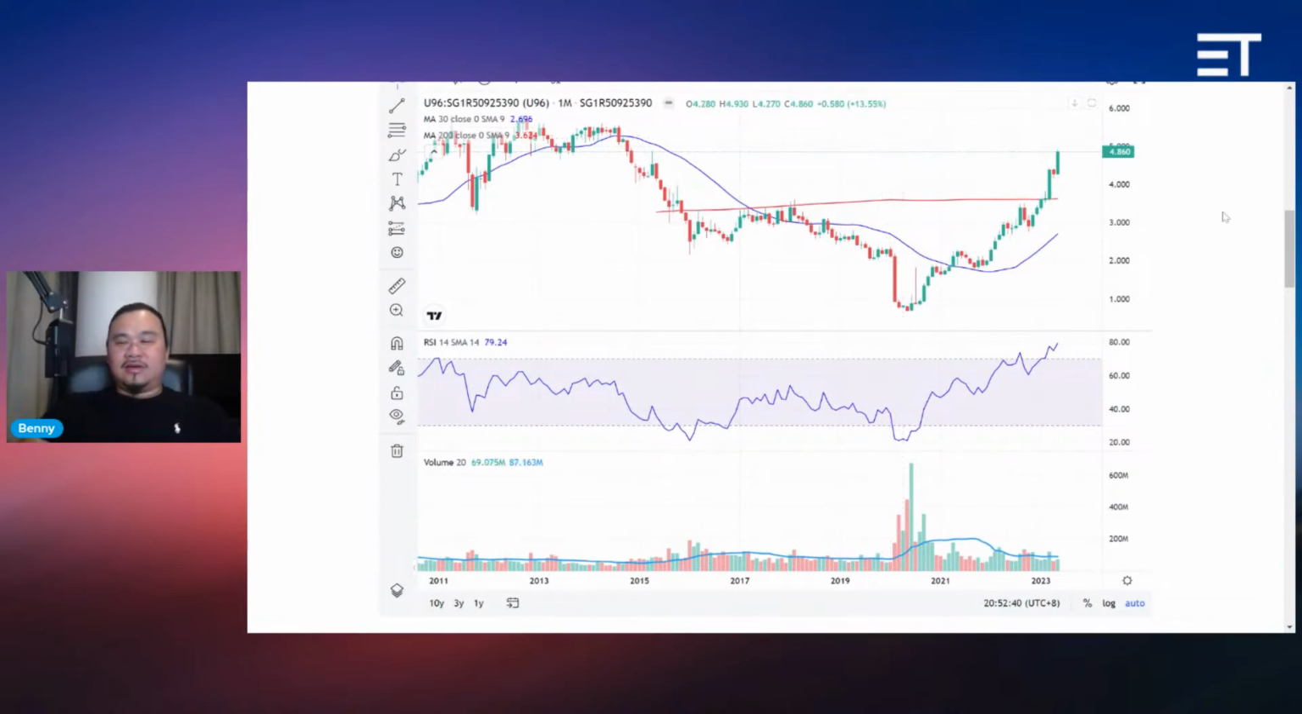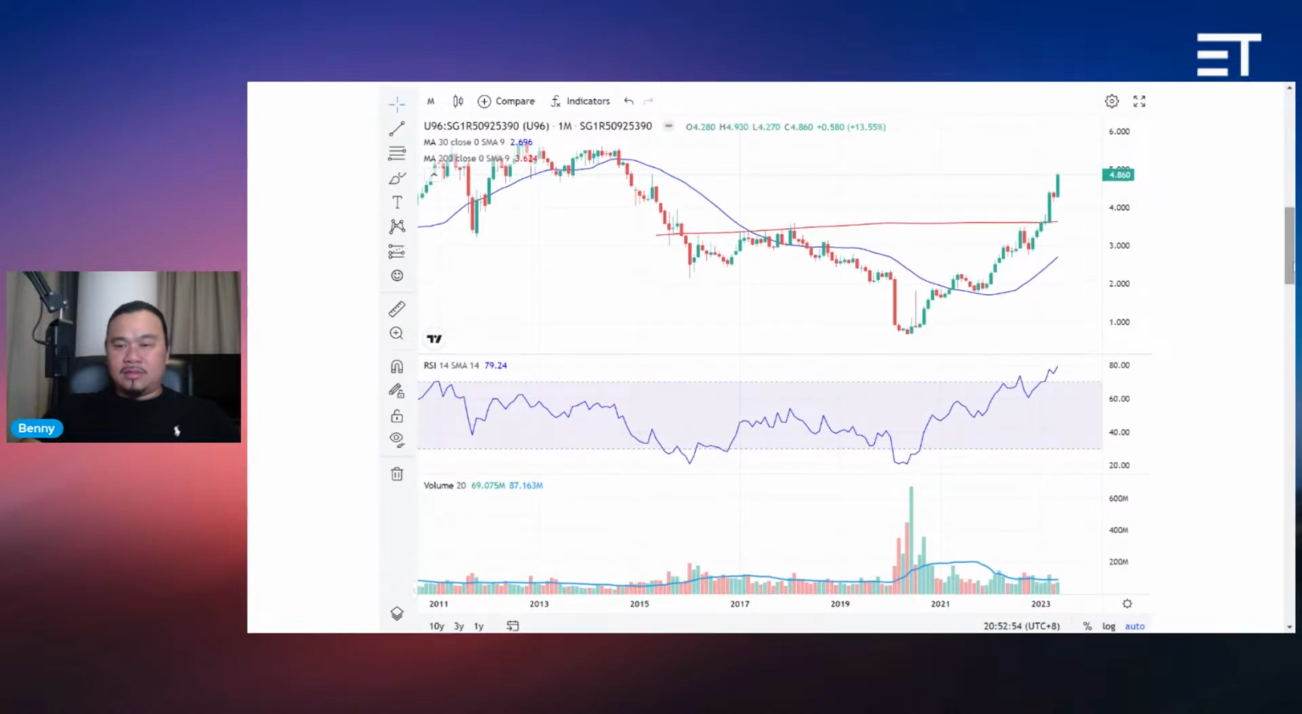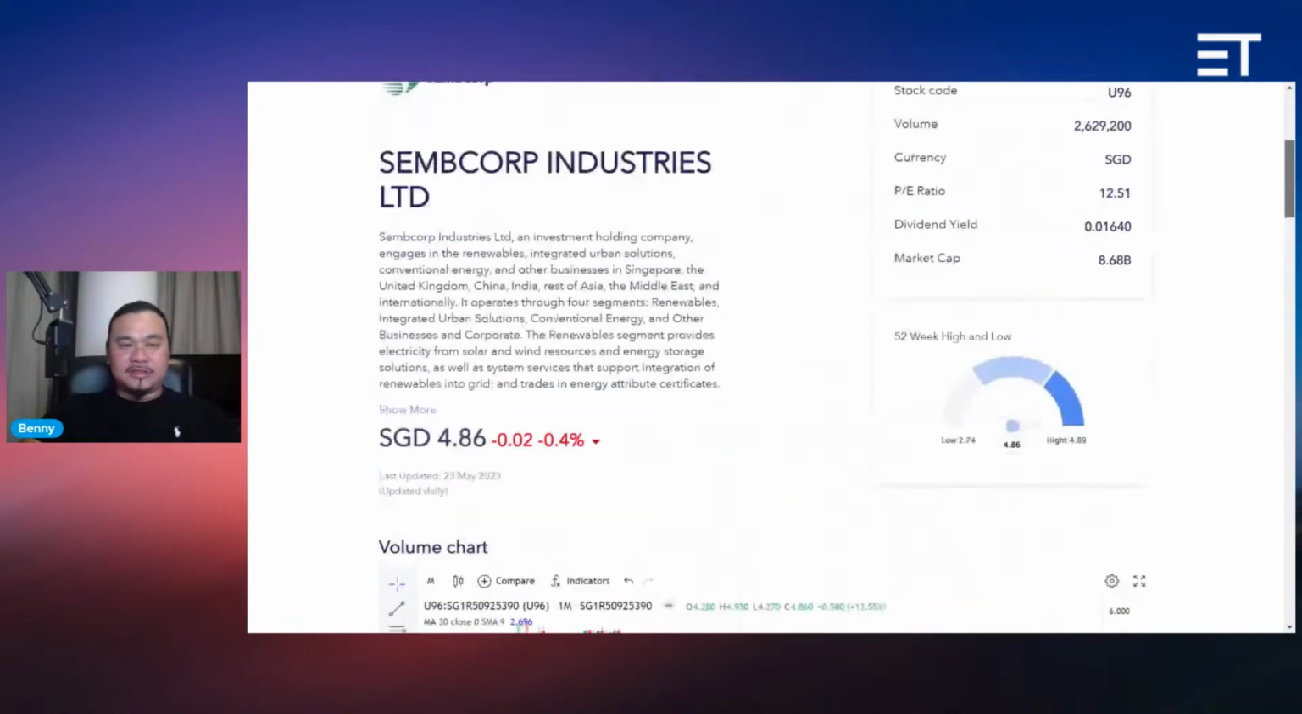Right, again, there has been a very strong rebound after the COVID-19 pandemic. Right, price was trading about $1, just slightly less than 3 years ago, and the price has gone up for more than 4 times. All right,